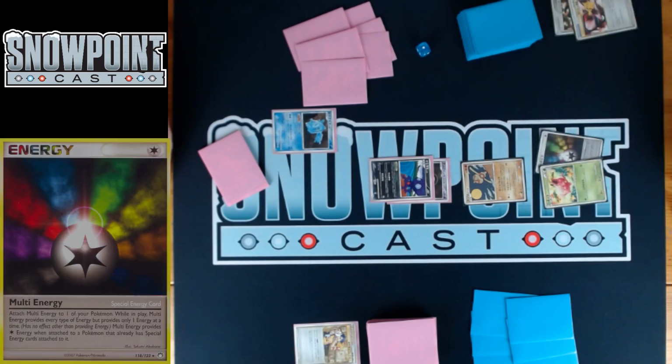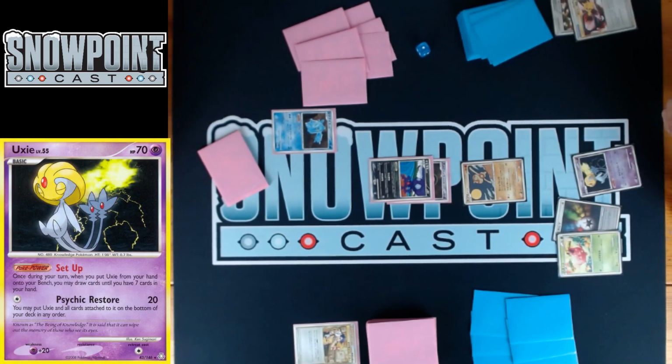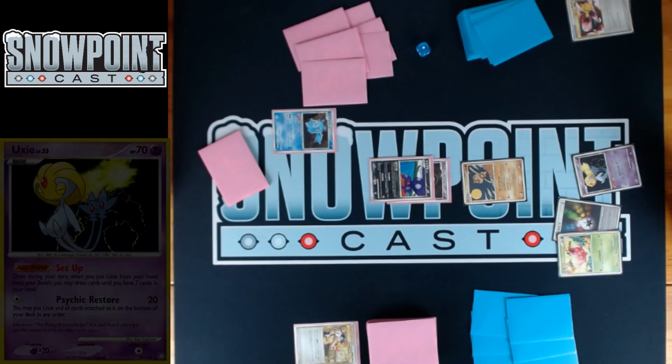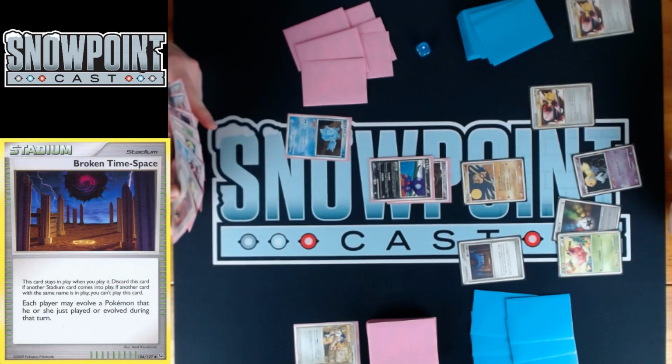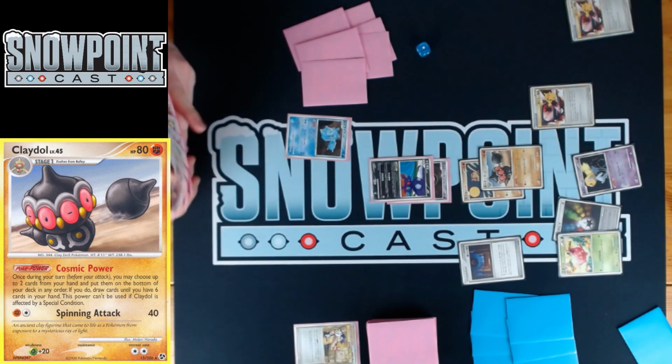So he hit the energy. There you go. He's gonna set up for 4. So let's see what he can hit here. He's able to hit like broken time space Claydol. That might be okay. The thing about Claydol though is it takes your retreat up to 2, so it means that unless he has a switching out, it's unlikely that he is able to hit it. So he's able to hit the Claydol though, so definitely a really decent turn one from Josh